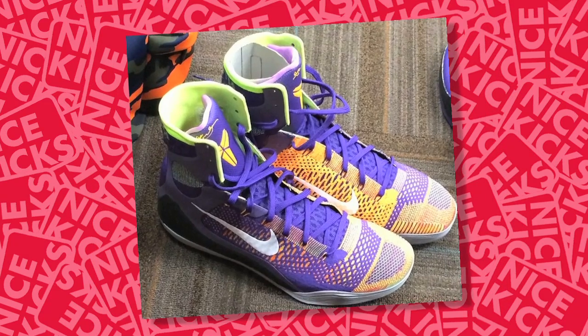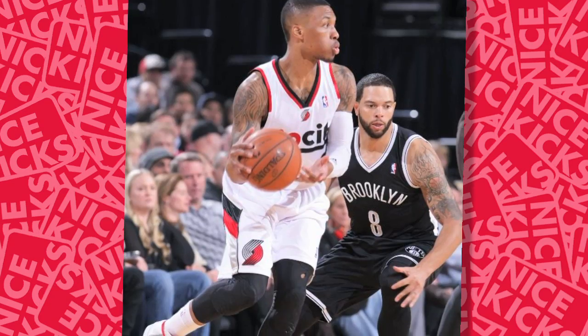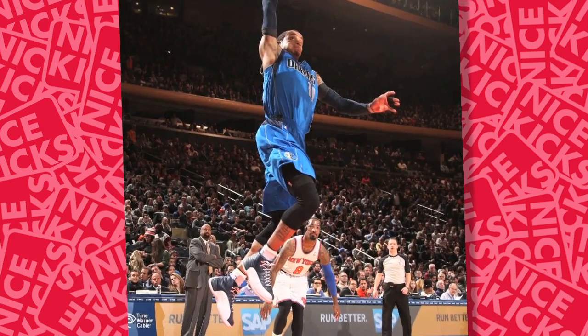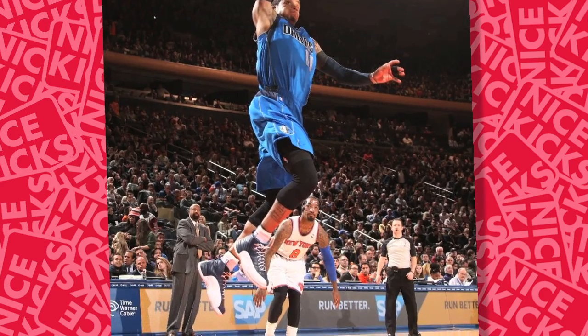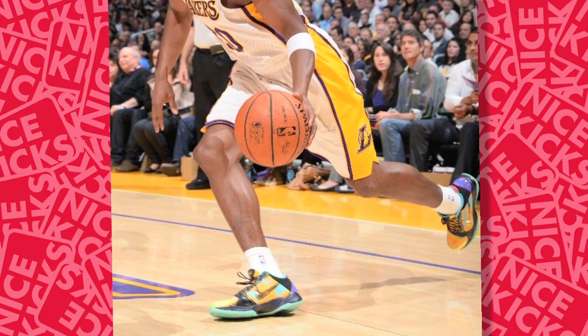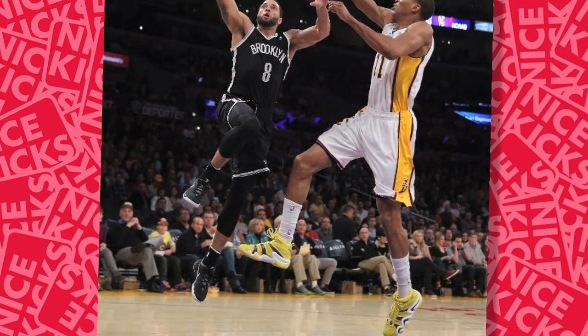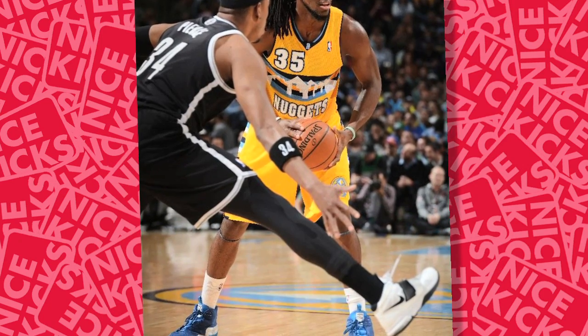PJ Tucker debuted not one, but two insane Nike Kobe 9 colorways. Damian Lillard went the custom route on his new My Adidas D-Rose 4. Monte Ellis donned the Obsidian Air Jordan 12, and Jody Meeks wore the Prelude Kobe 5. Teammate Wes Johnson debuted yet another Adidas Crazy 8 on the court, while Kenneth Faried became the first player to